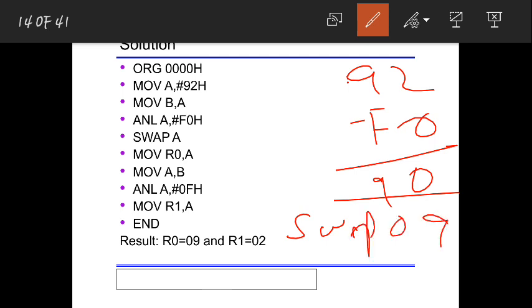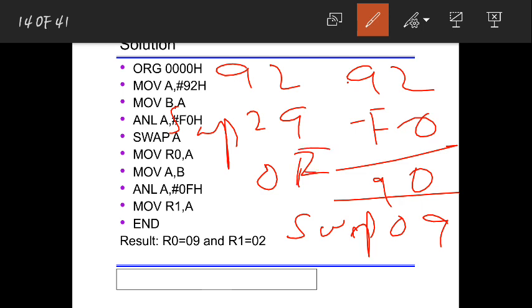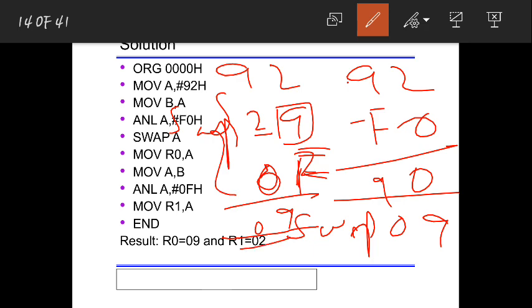So you can do either this, or else the logic that I said was, you had 92. First I tried to swap. When I swapped, I got 29. After that I applied 0F in this way, because I got 9. Wherever I wanted the value, there I should apply F, and whichever I wanted to set to 0, there I should give 0F. So then I'll get 09. So even if I do this procedure, I got 09. You need to know the logic of how to do it.